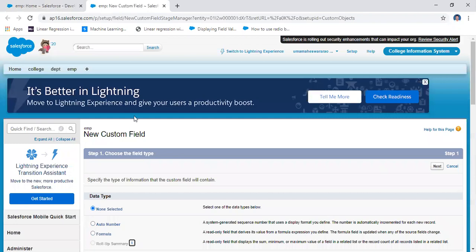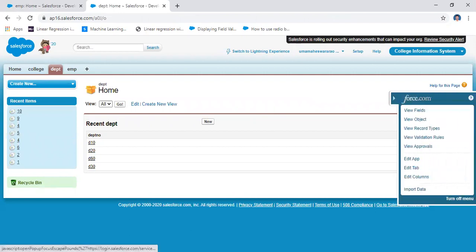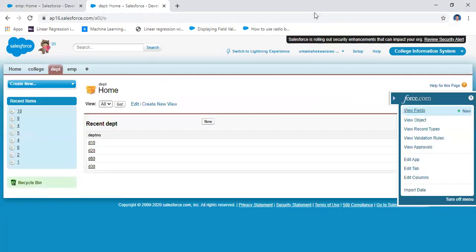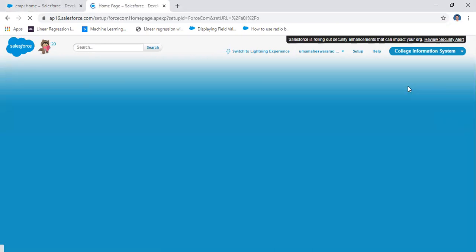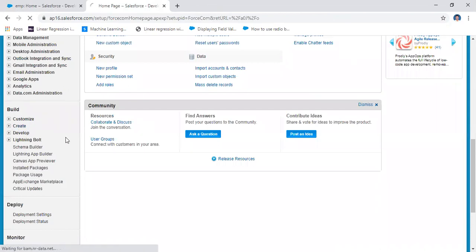Go to master object. Click on department. Department is a master object. It is a simple way of creating the field by using a shortest path. Otherwise, if you have any doubt, go to setup, and then create.